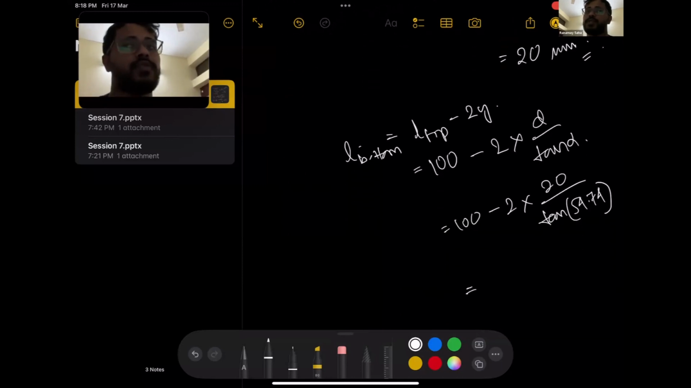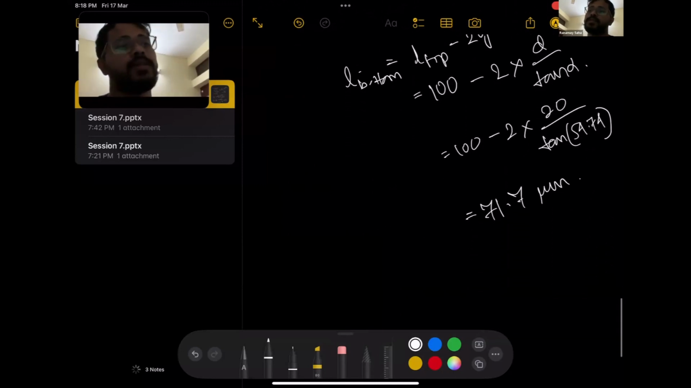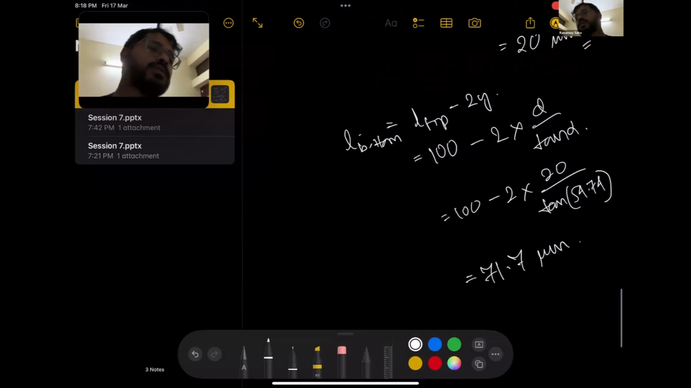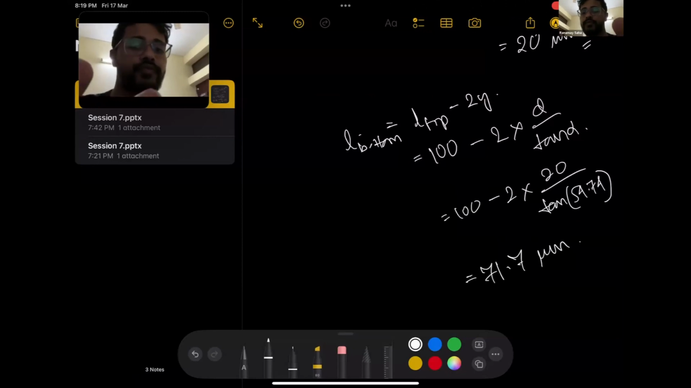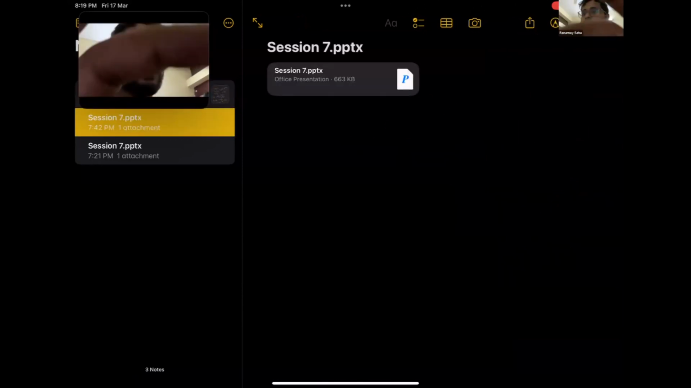So what does L bottom become? Almost equal to 71.7 microns. So this concludes your second question also. I hope you got it. So we'll move to your third question,